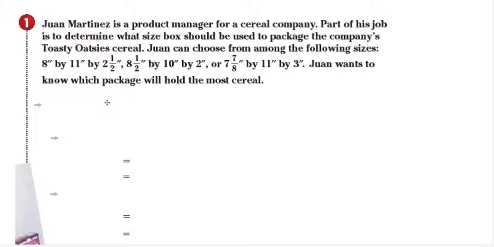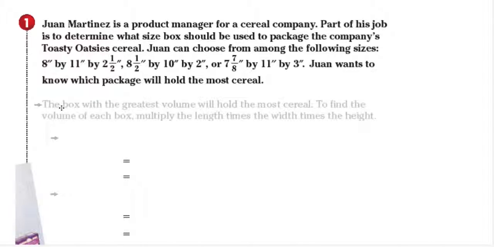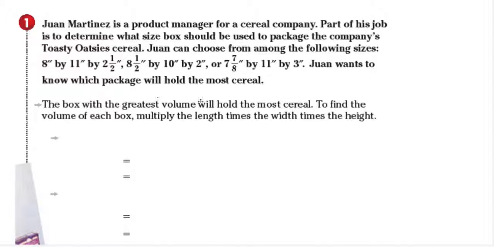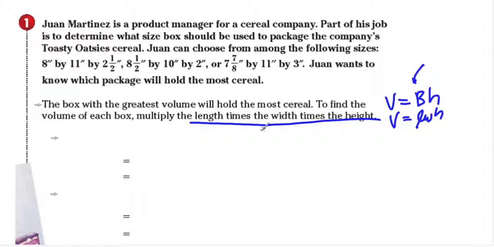We'll be basically talking about the volume of each box. The box with the greatest volume will hold the most cereal. To find the volume of each box, multiply the length times the width times the height. Remember the formula for volume. In 7th grade, we talked about volume as being big B times H, where big B represents the area of the base. And in this case, the base is a rectangle. That's why the area of the base is length times width, times height, and that's exactly what we have here. Okay, so moving on,